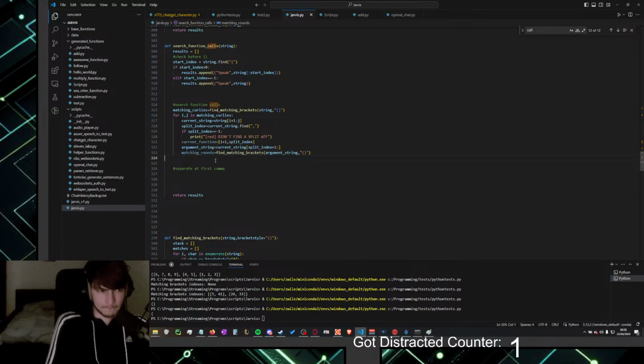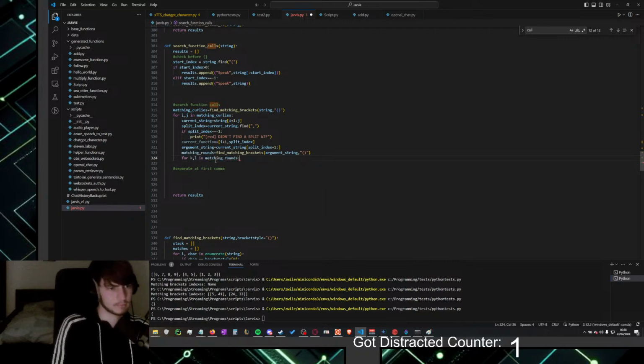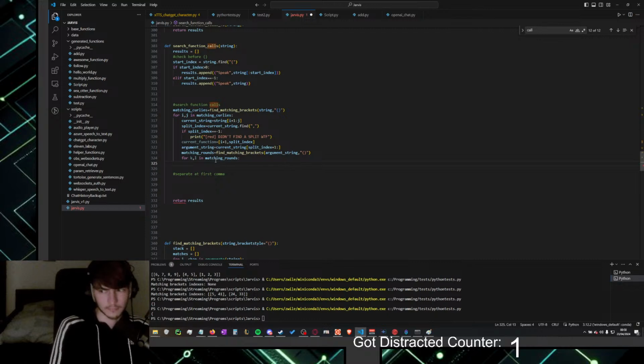Now, let's iterate for k, l in matching rounds. If k, wait, if argument string, like actually, rest string makes more sense.